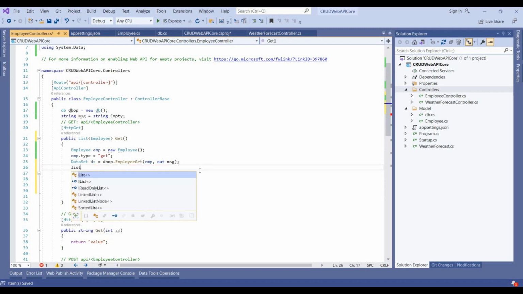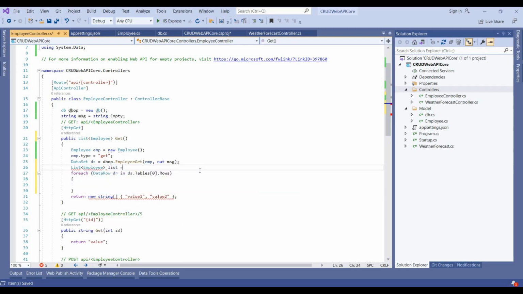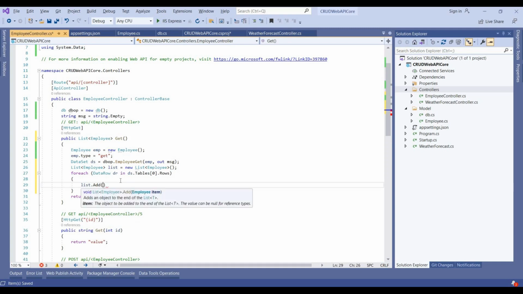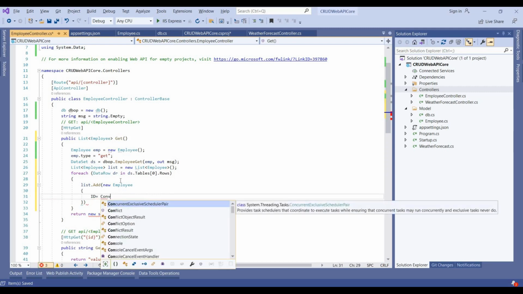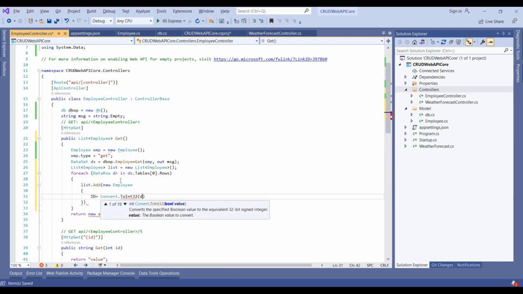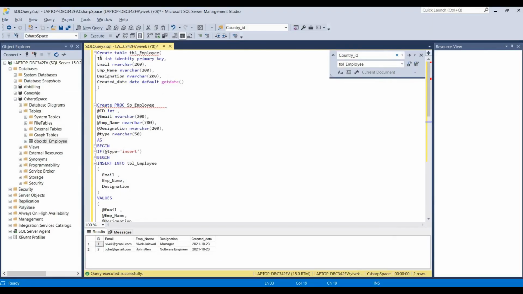and here we create an object for this employee. It's equal to new Employee. We create an object for this employee list, and then list.Add new Employee, and then here we bind their property. It's Convert.ToInt32, it's like the id,